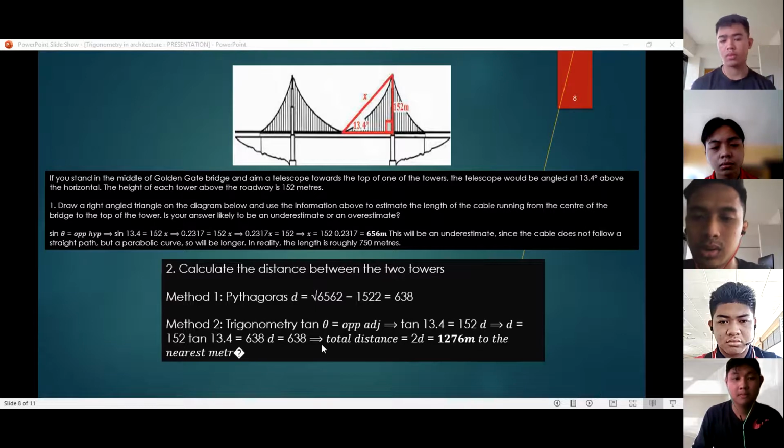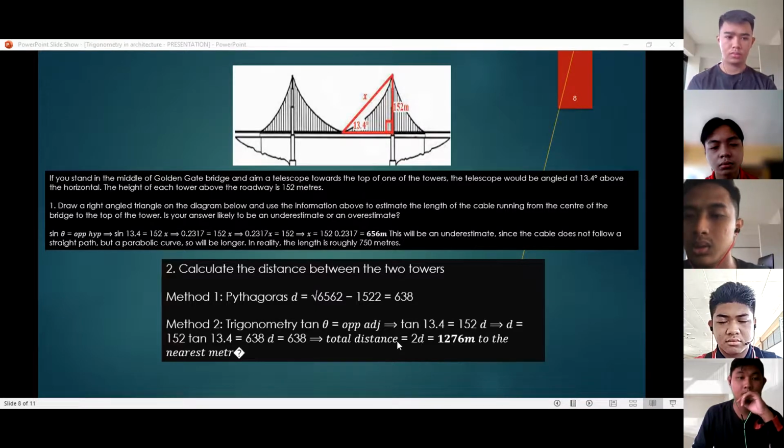Secondly, 0.2317 will be moved to the right side and it becomes x equals 152 over 0.2317. Then we will solve it and we will get the answer for x. The answer is x equals